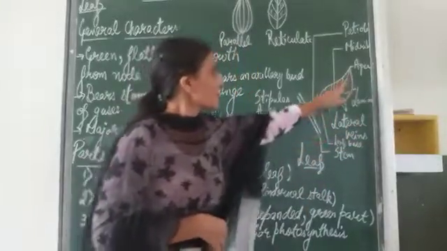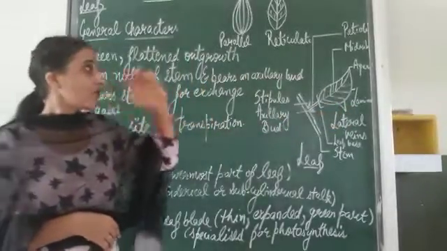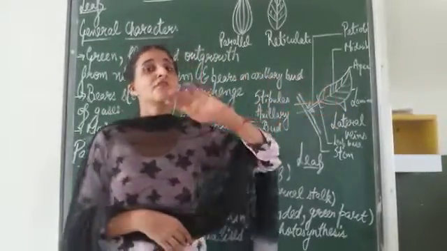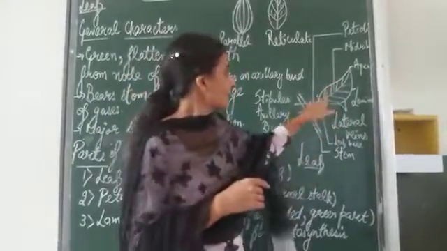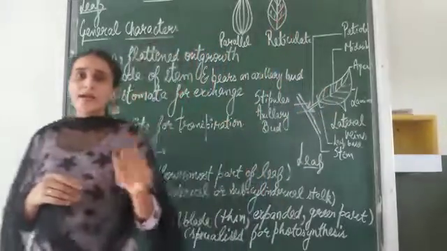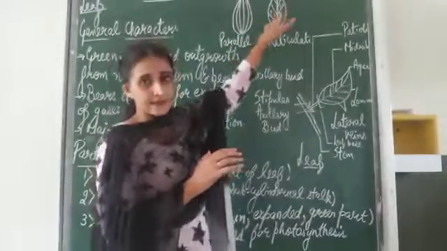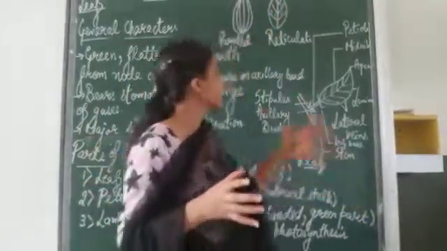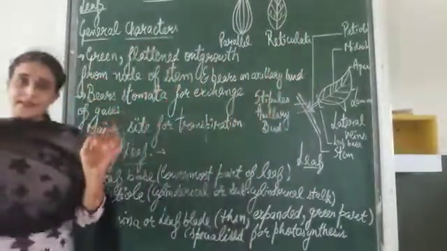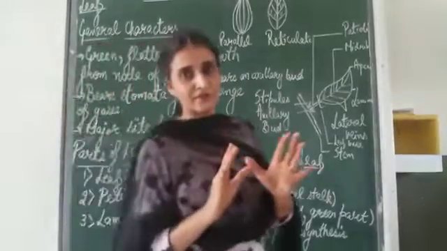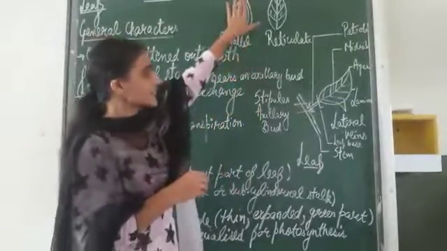So lamina consists of midrib and the lateral veins. Sometimes you may also find further divisions of veins which are known as veinlets, and the arrangement of veins and the veinlets is known as venation. If a leaf forms a network of veinlets, then that type of venation is known as reticulate. If veins do not form any kind of network or do not consist of veinlets, then simply the venation is known as parallel.